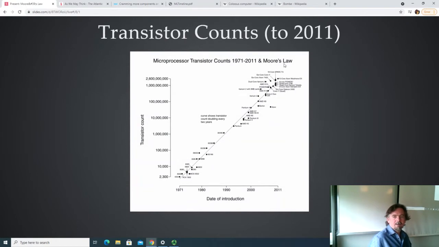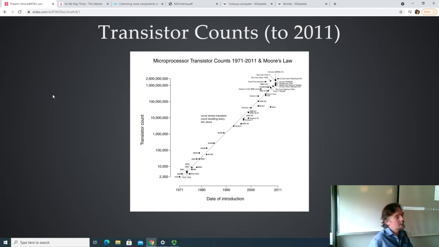And here's another version of it. Again, this is an old one, but this was from Wikipedia back in the day, just to stop it being too Intel-centric. And you can see the same basic trend. It looks like a line, but it's logarithmic scaled on this side, so that would mean that if you drew it linearly, it would be that whooping curve where it goes up super fast, so fast that you can't really make sense of it. That's why you plot them on a log curve instead, so you can see the trend a bit more simply. And you can see that by 2010 or 11, you are at the level of billions of transistors on a single chip, which is just a kind of incredible number.